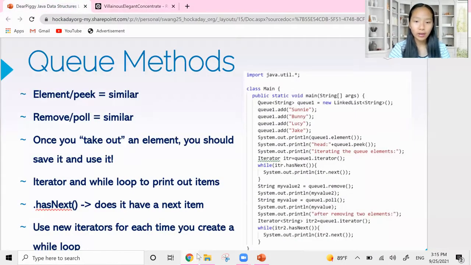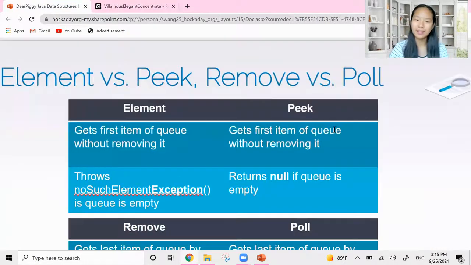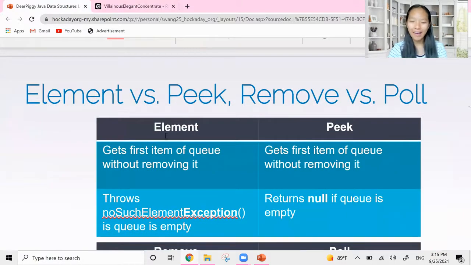So let's take a quick look at my beautifully made graph. I mean, guys, I'm just so good at making these graphs. Okay, so element and peek, notice that they both get the first item of the queue and they do not remove the item. And how I can prove that to you